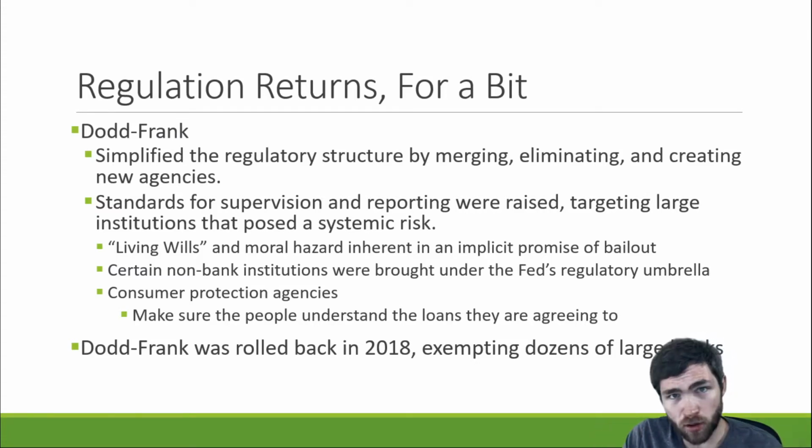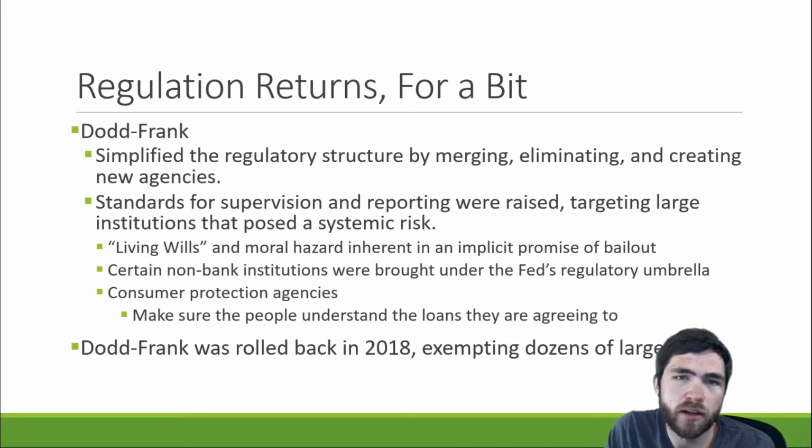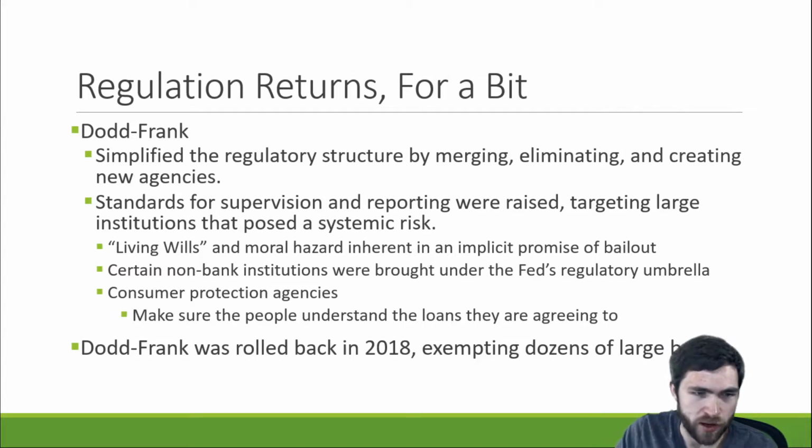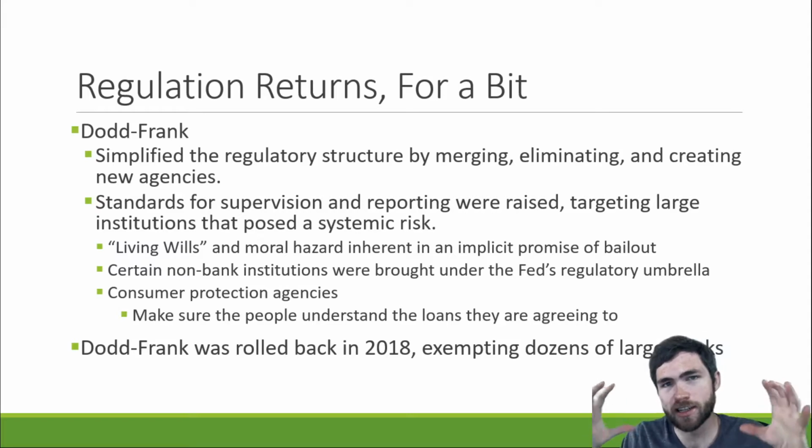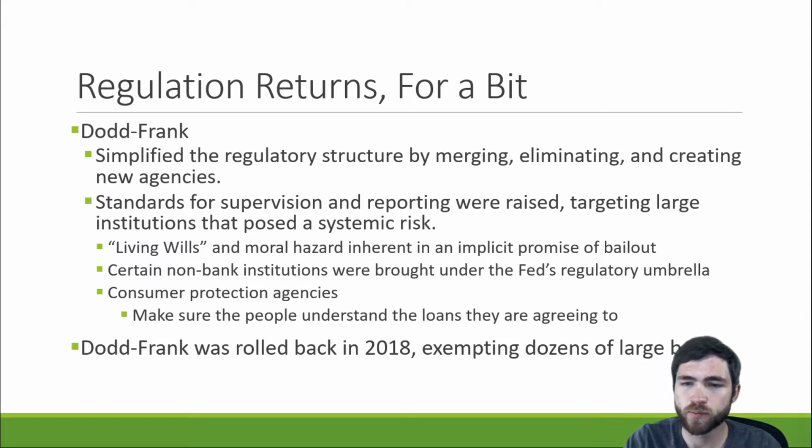So, after all of these interventions, it became clear that more regulation was needed. And so a kind of new financial regulation bill was made, Dodd-Frank. It simplified the regulatory structure, eliminating and creating new agencies to kind of condense the number. Certain standards for reporting and supervision were raised, but this was mostly targeted towards large institutions that posed a systemic